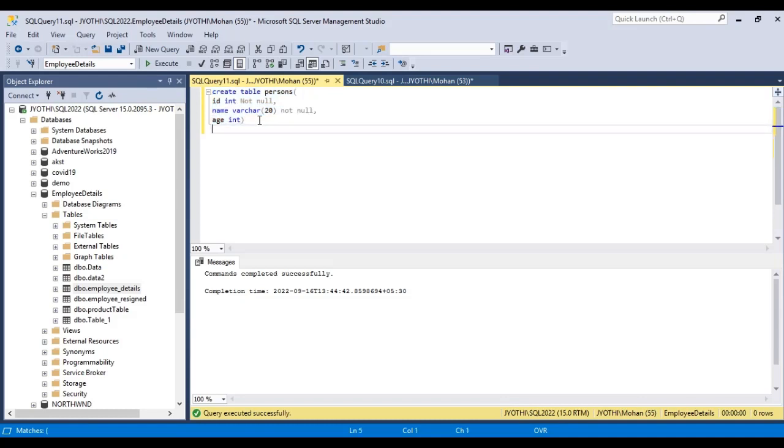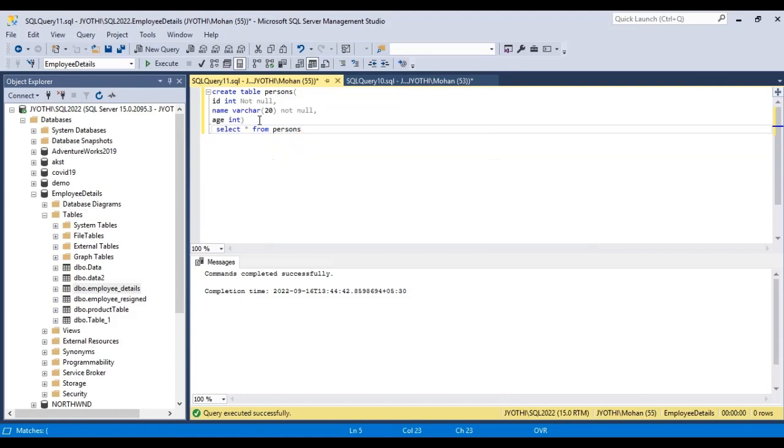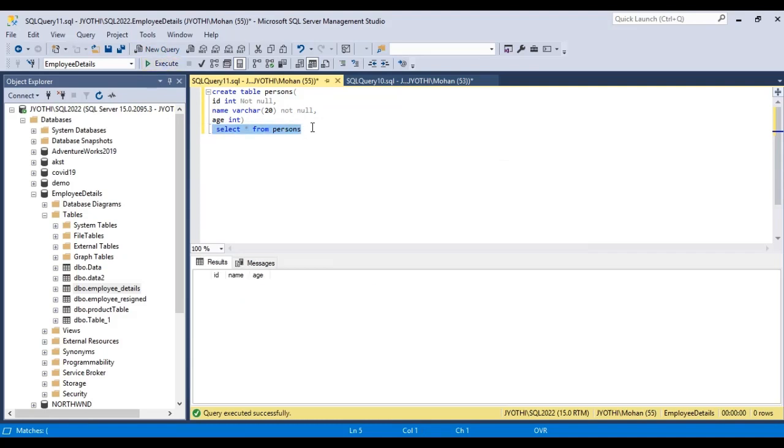To create a not null constraint on the age column when the persons table is already created, we have to use the alter statement. So first let us see the table. Select star from persons. So this is the table we have created. After creating the table, here we are specifying that age should not be null.